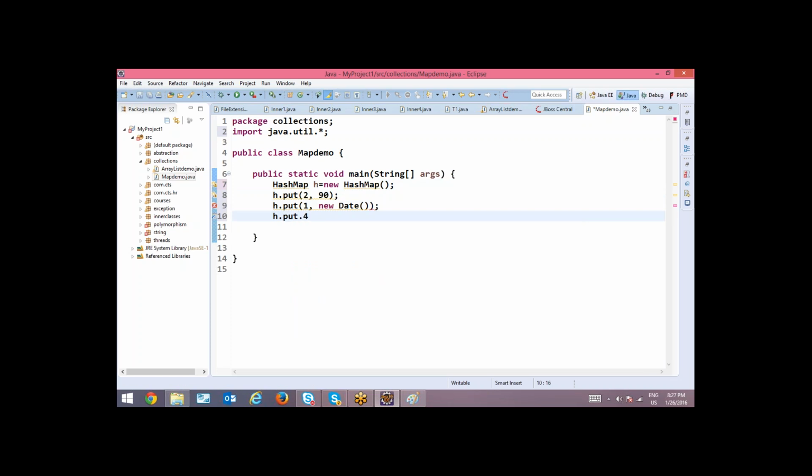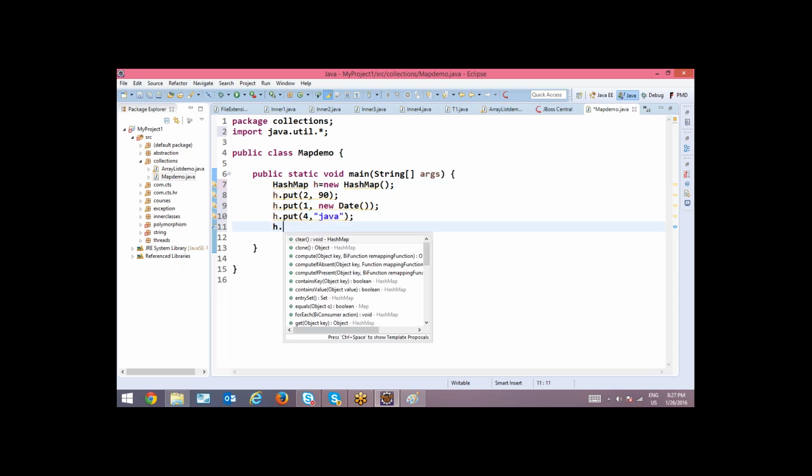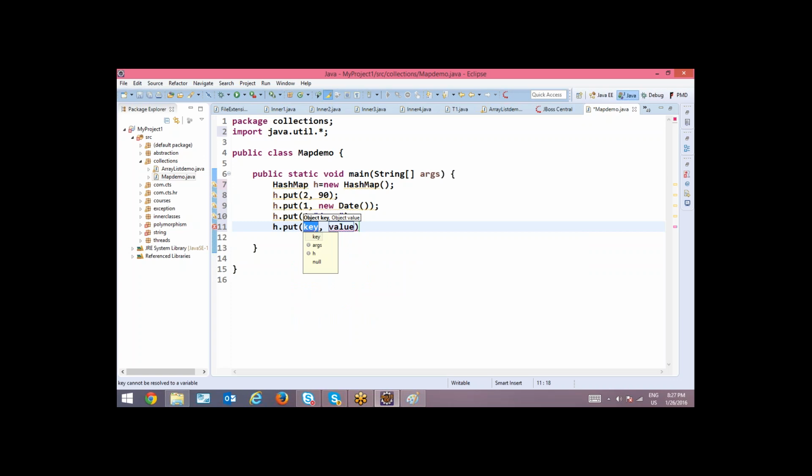H dot put, comma, you can store a string. You can store a custom object, means a user defined object.